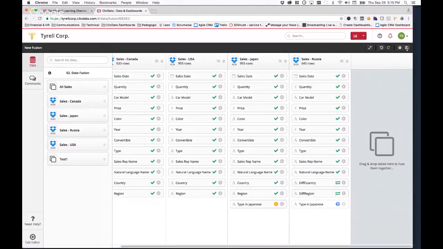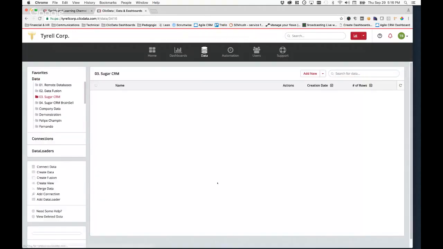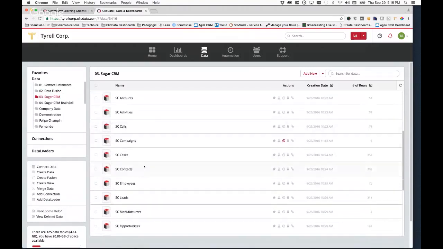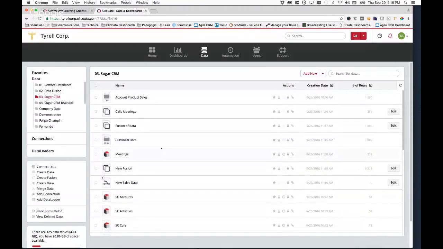So at this point in time, if everything goes well, I save the Fusion, and now this can be used as a new data set. So I can just exit the editor and have a new Fusion, which of course I forgot the name of. Fusion of Data, I guess that's what I called it, or New Fusion.